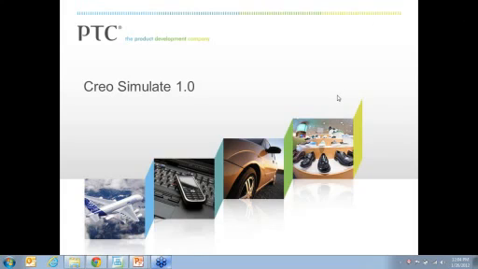Alright, to start off with, let's talk about all the new enhancements with the Creo Simulate. So I'm going to go over step by step. I'll give you a basic introduction to it, and we will also go ahead and do a demo session where I'm going to go through some picks and clicks, kind of showing you all the new stuff, and then we'll have a little bit of time for Q&A. So to start off with,